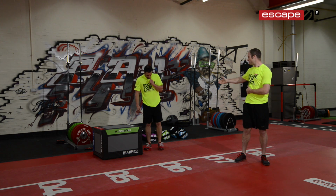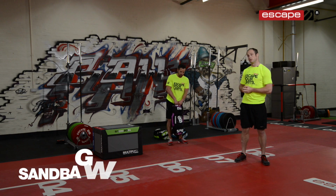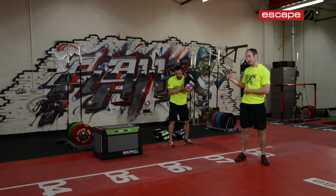The next exercise we're going to move on to is with the sandbag. The first sandbag exercise you're going to do is called a woodchop. This is a really nice transverse movement. You'll see that it's soft side up of the sandbag, and he's going to flick the bag up onto the shoulder,